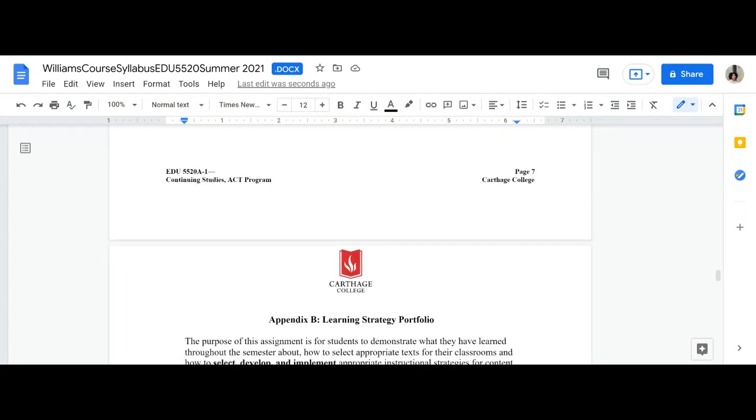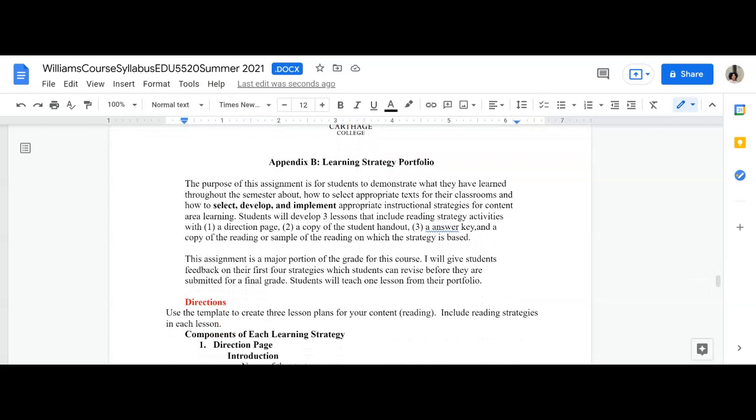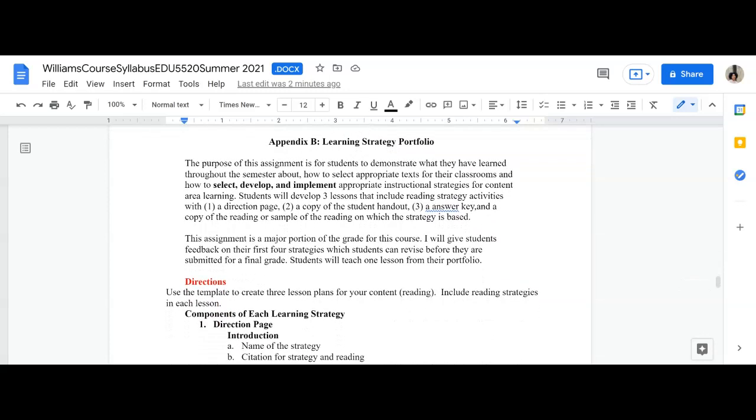All right, so Appendix B talks about the Learning Strategy Portfolio. This is